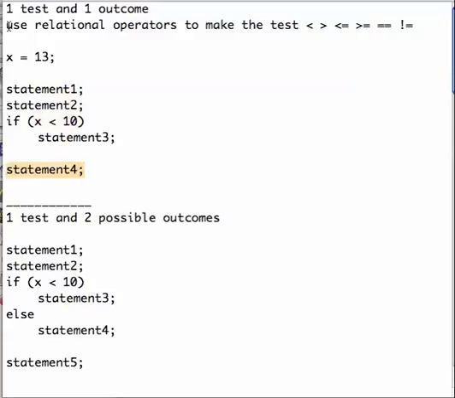This is an example of one test and one outcome. The test is if x is less than 10, and the outcome is simply statement 3. If the test is true, I'm going to do statement 3, and if the test fails, I'm not going to do statement 3. A test can only be true or false. I put the test after the if statement. My test has to be in parentheses,